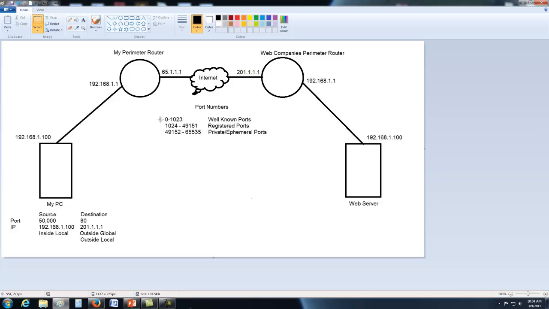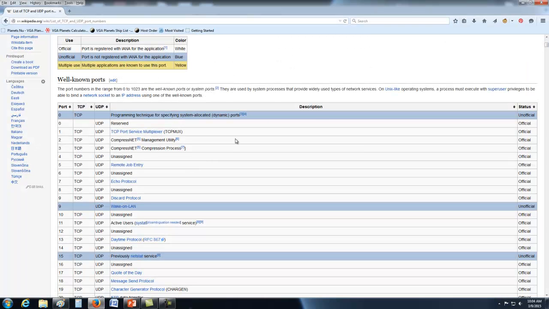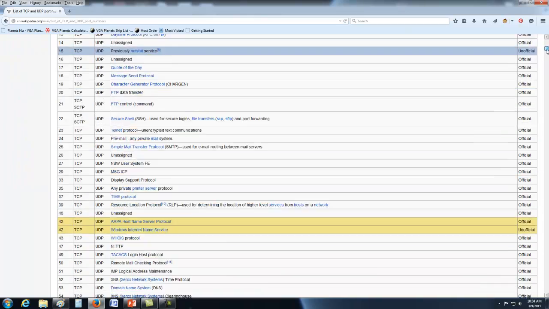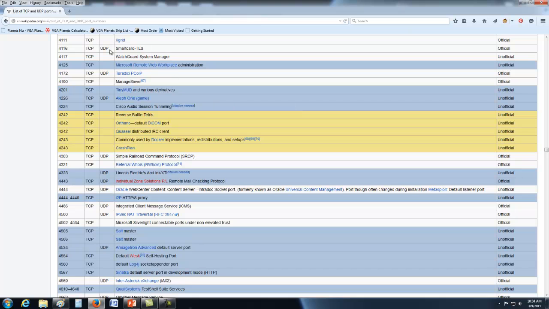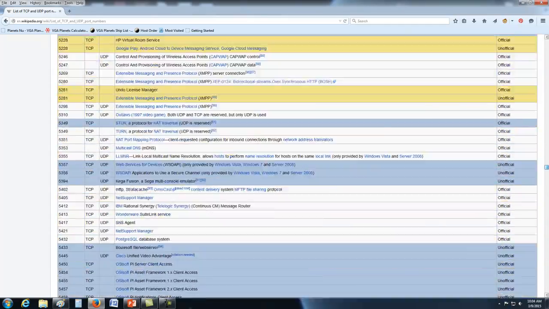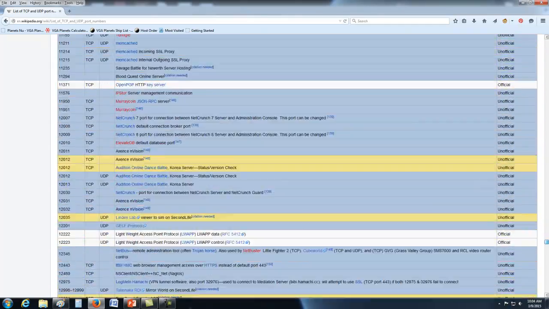But if you want, like, World of Warcraft has registered ports. Any online game has registered ports. And if you go to the wiki, you can see, like here, this actually shows you all the port numbers. So if we go down here to the registered ports, and let's go up the higher numbers, all the lower numbers, like from 1,000 to like 10,000, actually to 20,000, are all registered by different services, SQL, MySQL, things like that. So if we go up here to some bigger numbers,